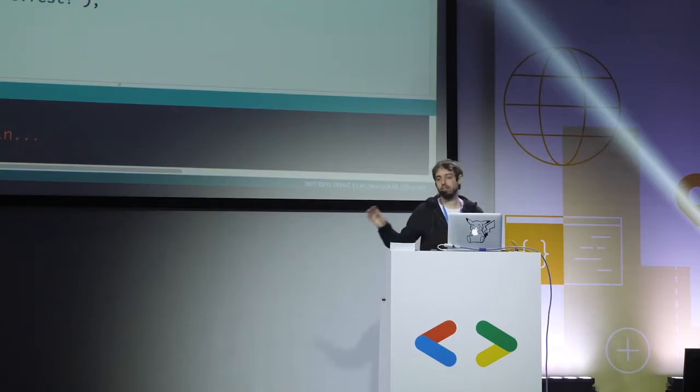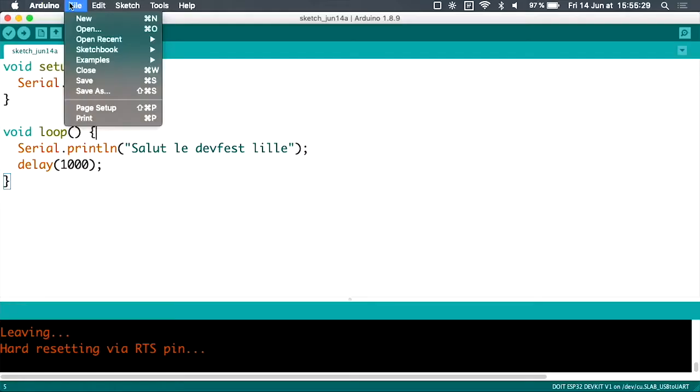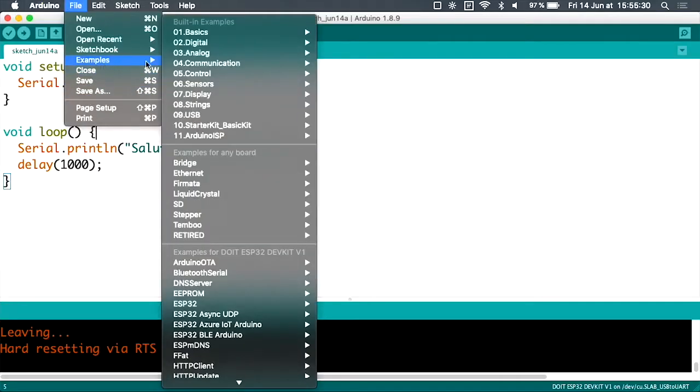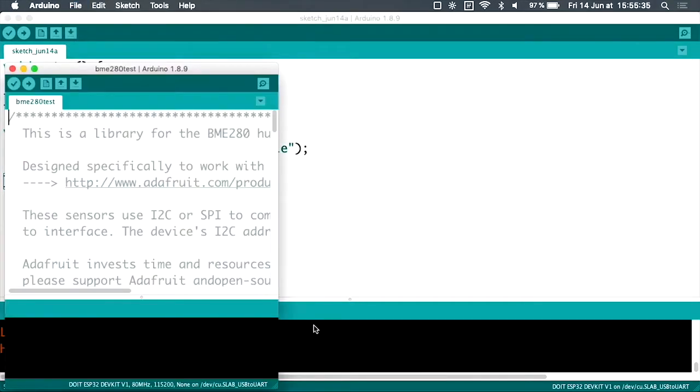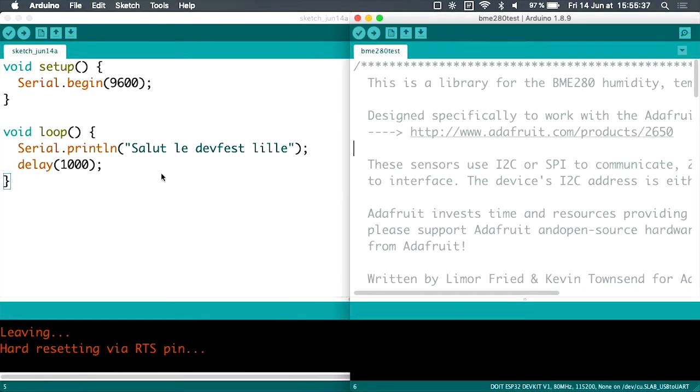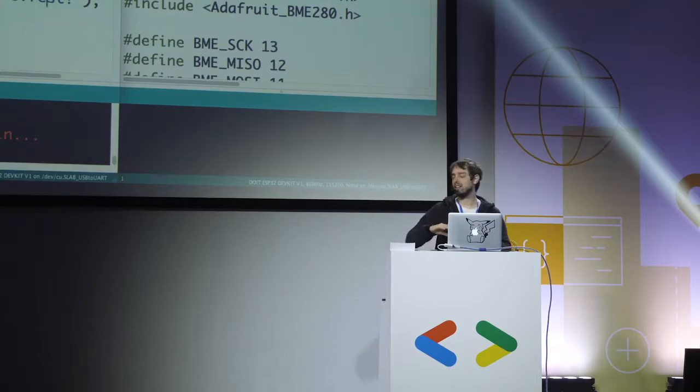Now the question is, you have your API, how do you use it? One of the good things in the Arduino IDE is that every time you download a library, you can click on File, Examples, and you will have some code samples telling you how to use your library. Here I downloaded a few libraries, and if I want to know how to connect my sensor to my microcontroller, I just go to the code sample, and I basically have to do exactly what I did. It's a complex sample because this hardware can connect to a microcontroller in many different ways. But actually, you can connect it easily.